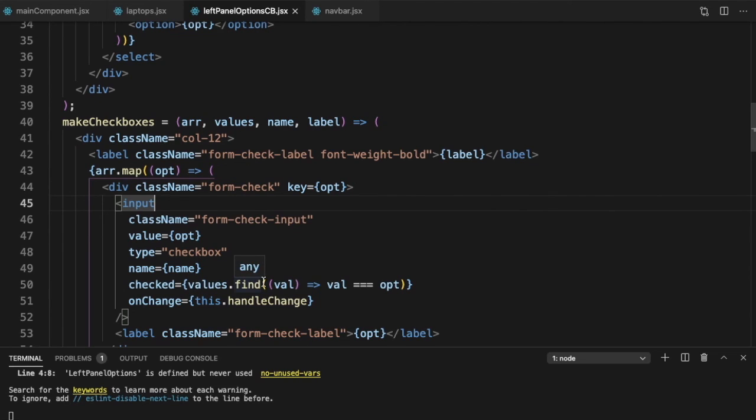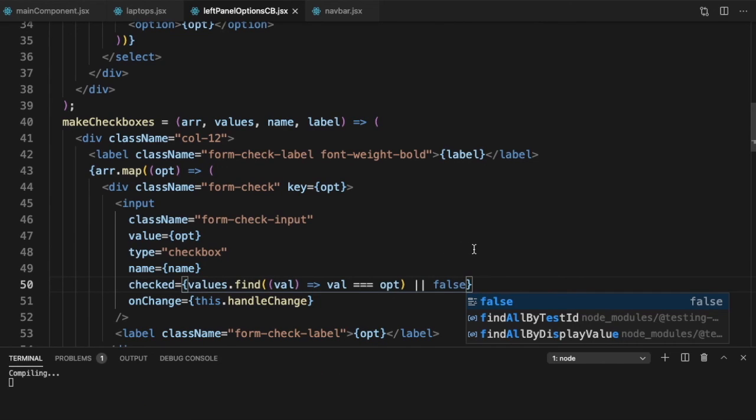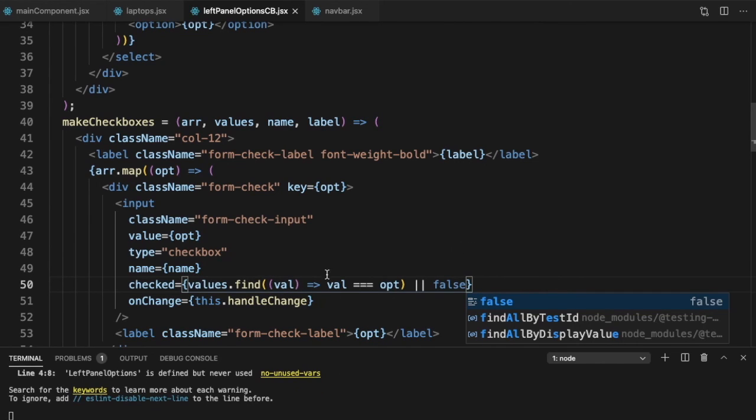It returns an undefined. So now this value checked gets an undefined. So we do not want it to get an undefined. So we will just maybe OR it with a false. So if it is undefined, it now takes the value false. So this is one way to handle it that we can do.